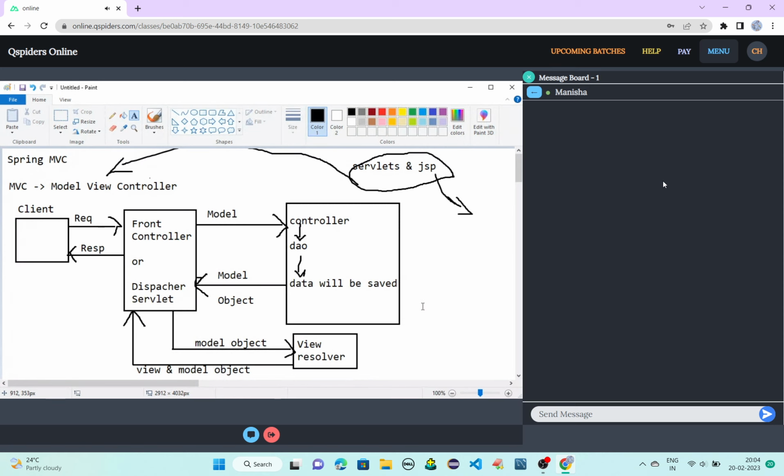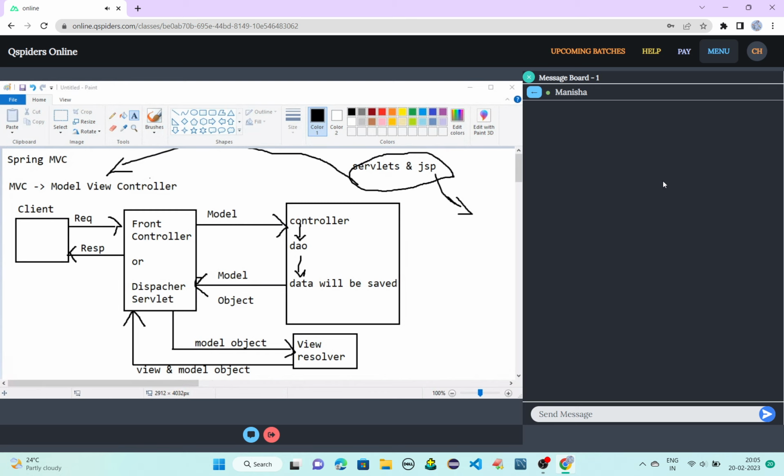But I want you to execute one simple example with respect to this front controller, model object, view and model. If you execute one small program, you will understand. So I will execute one small example and I'll share that example in the group, along with this architecture.